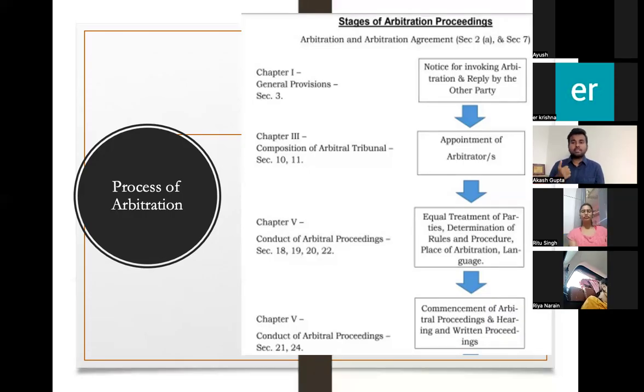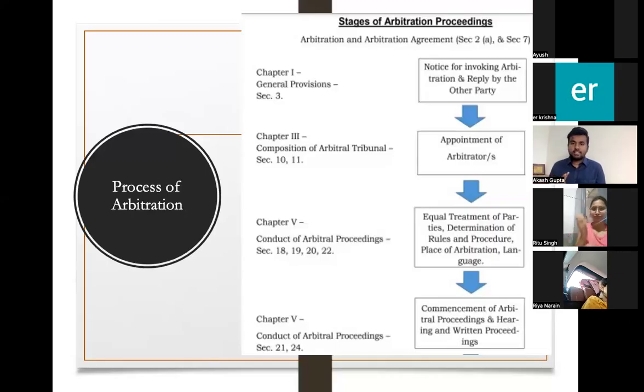It doesn't matter whether it's paper, email, or WhatsApp. If there is some form of record which you can showcase that the parties had the meeting of minds, that's the ultimate test, which we also derive from the contract. That's the same for the arbitration agreement, just that the parties have to be on the same side with the consent. That's it.